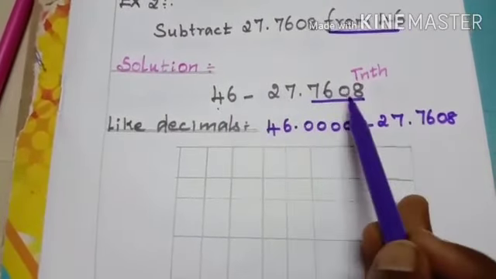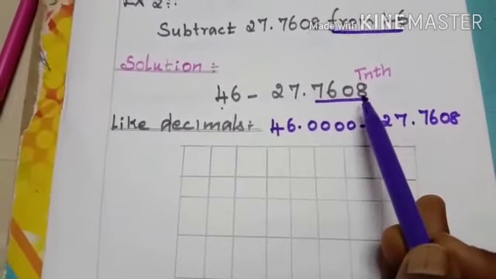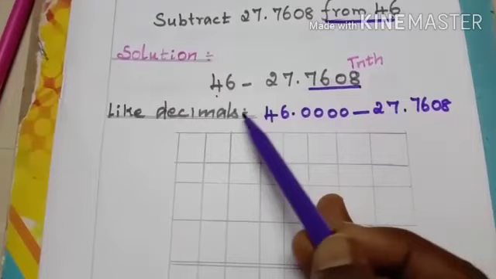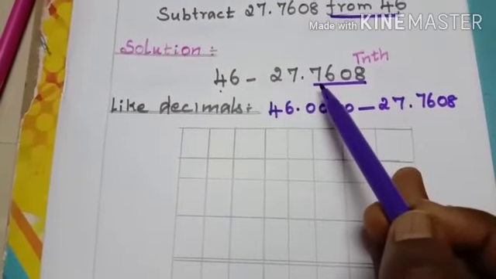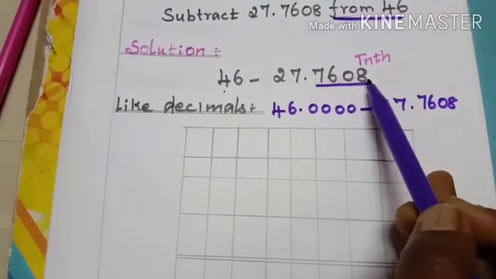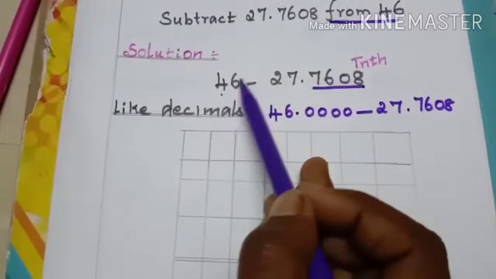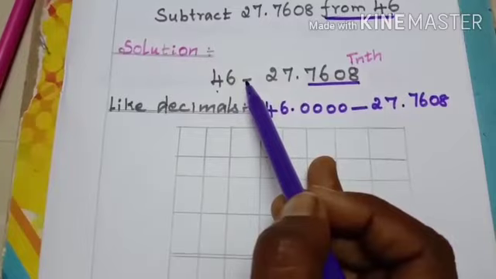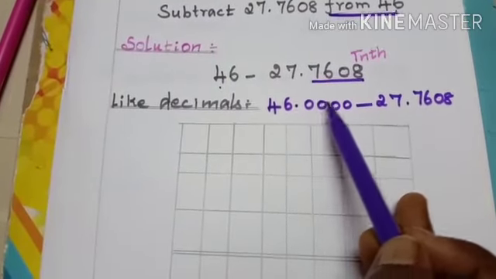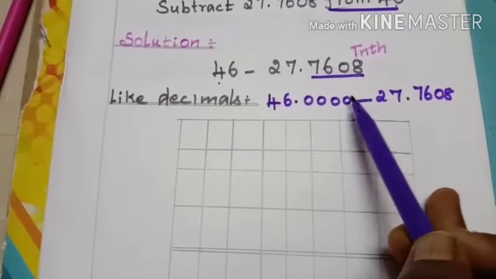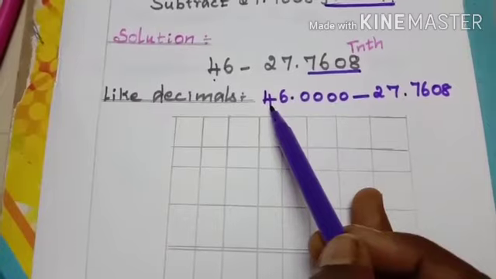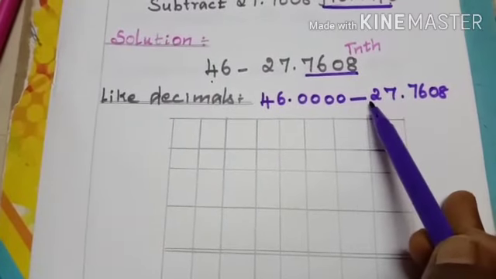Here the decimal places are different, so these are unlike decimals. We have to convert them into like decimals. Here the maximum decimal place is 4, so we need to convert this 46 into 4 decimal places. So 46.0000, by adding zeros at the right end, it becomes like decimals, minus